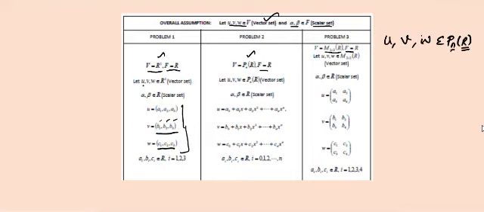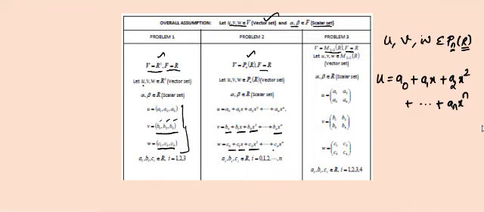What does this n represent? The maximum degree must be n. So U will be of this form: A0 plus A1x plus A2x square plus etc., up to An x power n. Similarly, V will be B0 plus B1x plus B2x square, running up to Bn x power n, and W will be C0 plus C1x plus C2x square, running up to Cn x power n. See, this is the outer look for U.